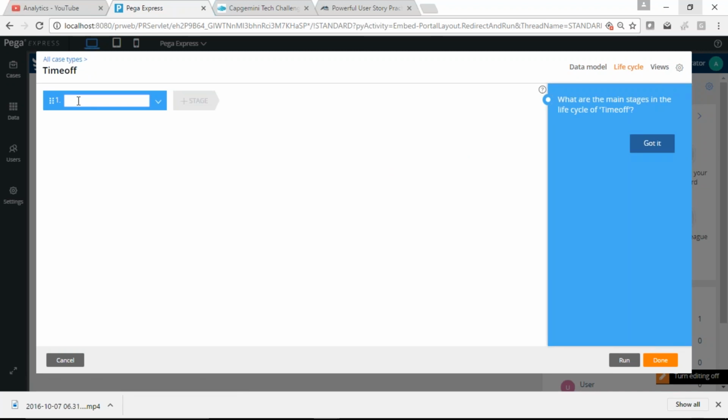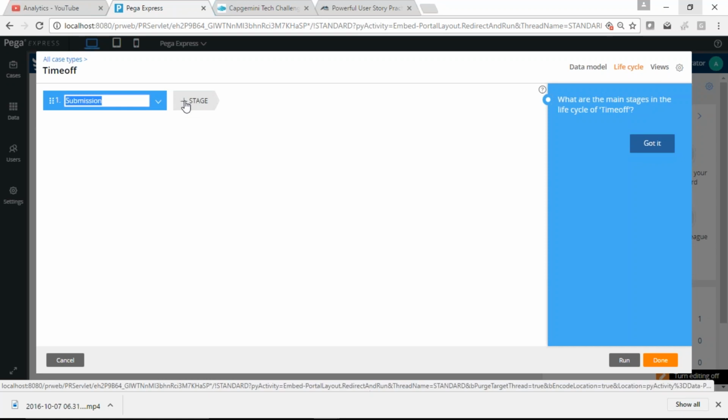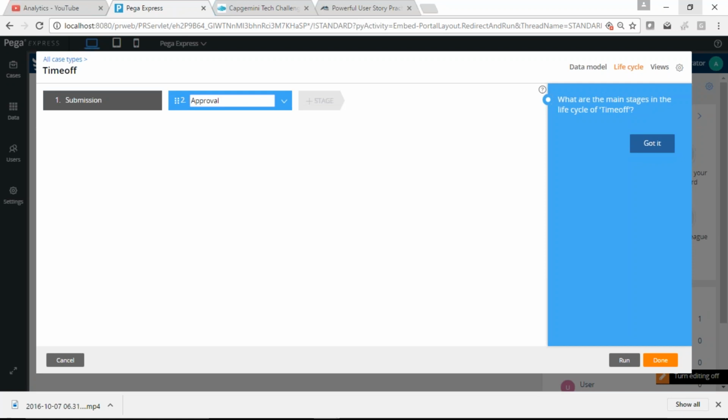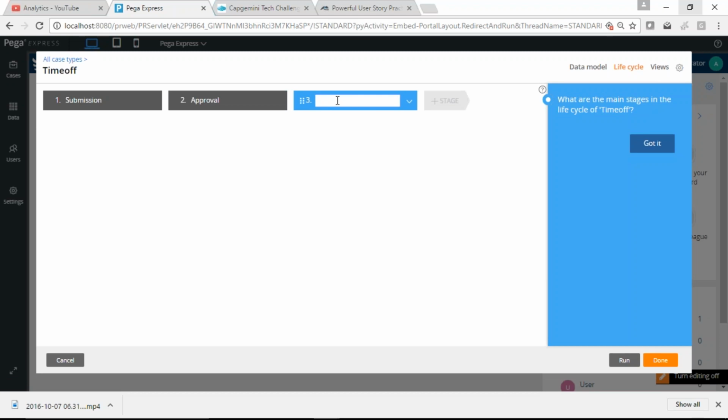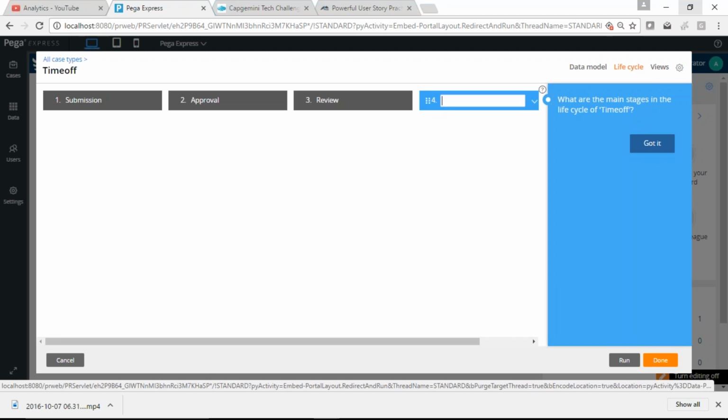Here also we can go the same way. First is the submission, so this is the submit for the request. Then we go for approval. Then we go for review of your leave request, and we can include a pending request.